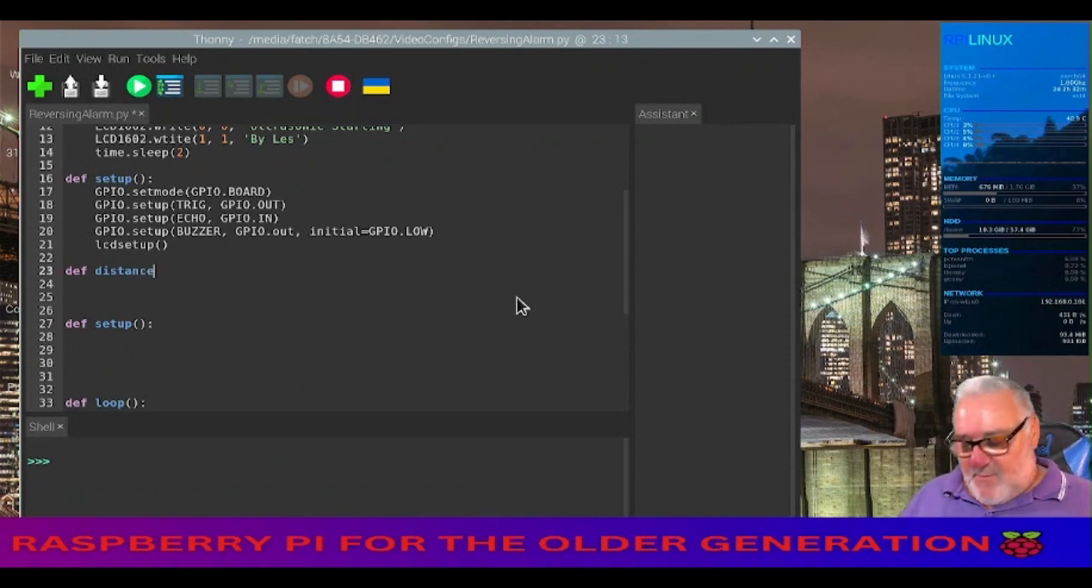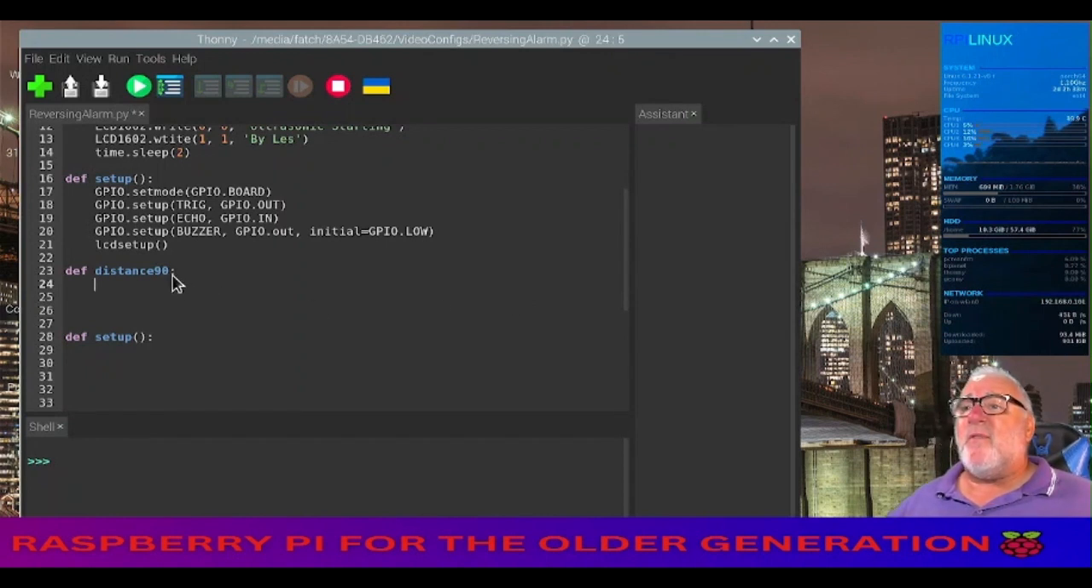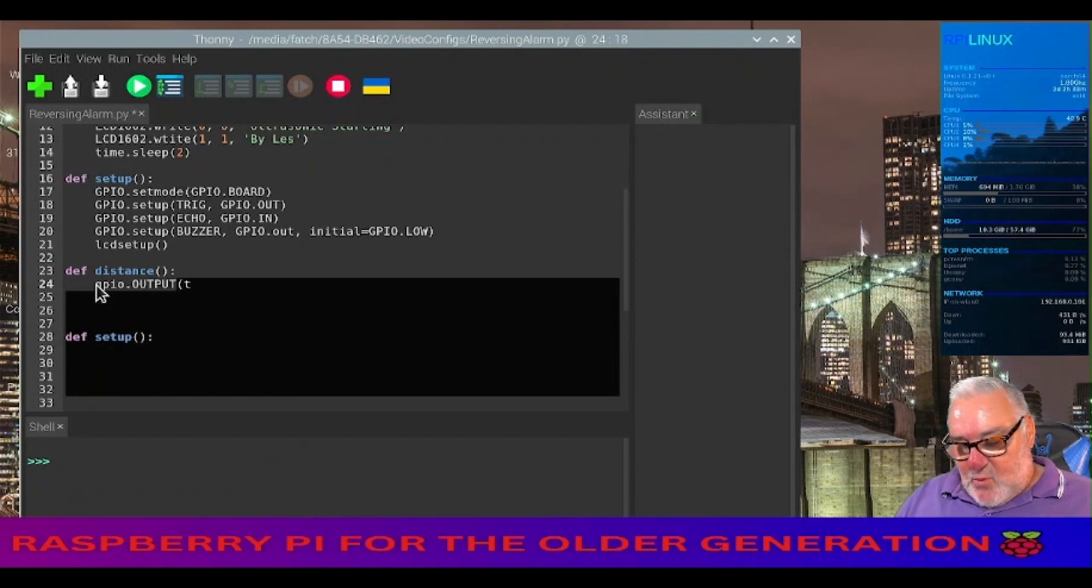Let's spell distance: brackets on, brackets off, no arguments, colons, auto indent. Whoops, no, we didn't get colons, we got semicolons. Colons, enter, and I didn't get brackets on and off. Right, okay, let's come to here. Okay, so it's GPIO dot output, brackets on, capitals, TRIG,